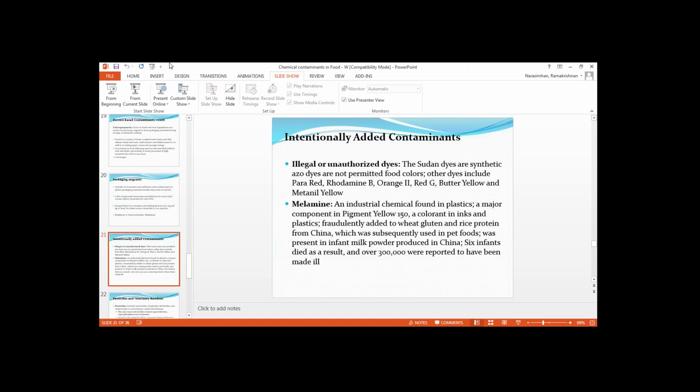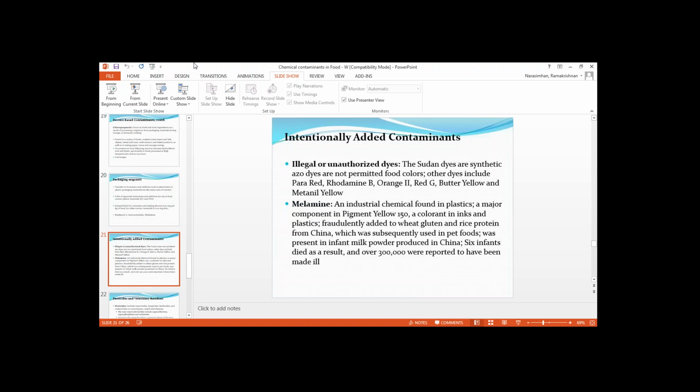Unfortunately, someone used these dyes in chili powder to give it a better color, and these are definite toxins. The other example, which you all know very well, is melamine. Melamine is an industrial chemical found in plastic. I don't have to get into the chemistry of how melamine gets produced, but